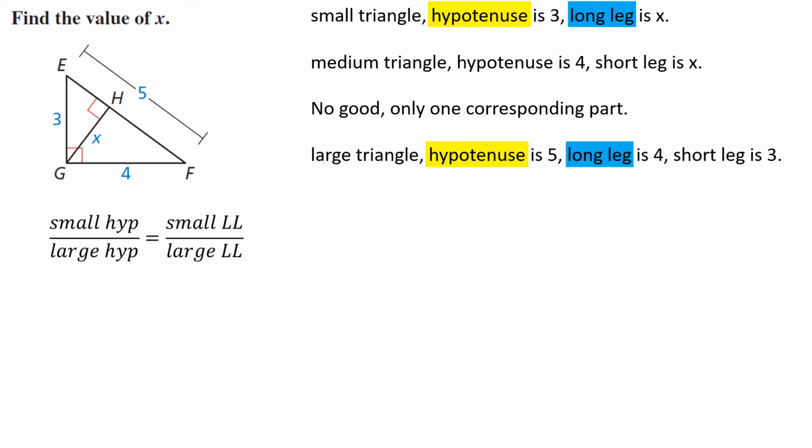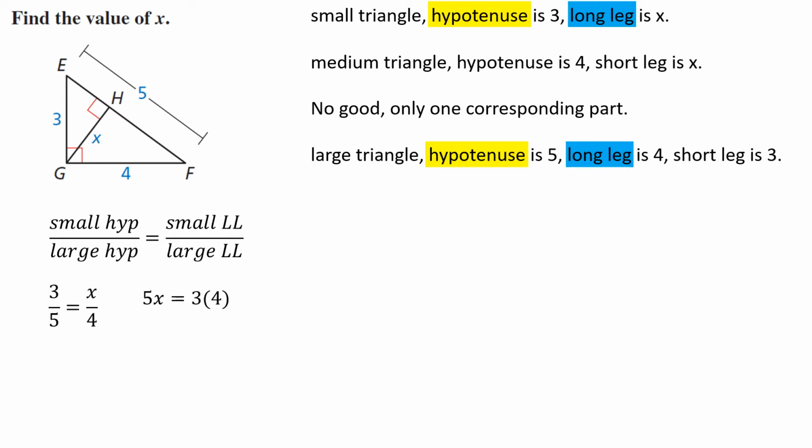So I can compare the small triangle's hypotenuse to the large triangle's hypotenuse. That ratio must be the same as the small triangle's long leg compared to the large triangle's long leg. Those ratios make a proportion. So plug in the values that I have,